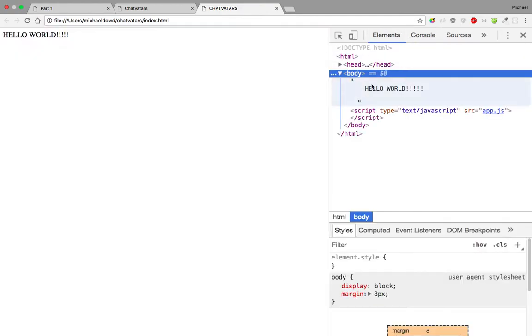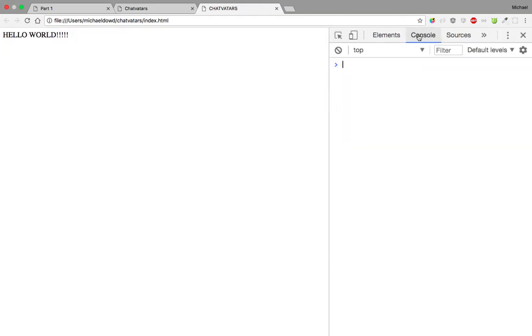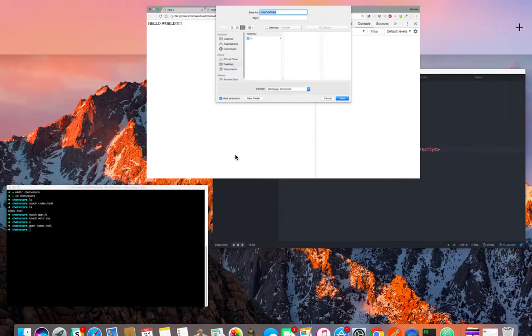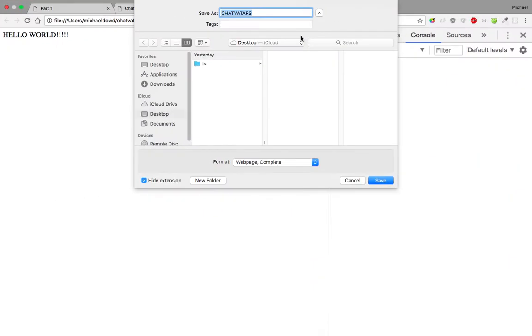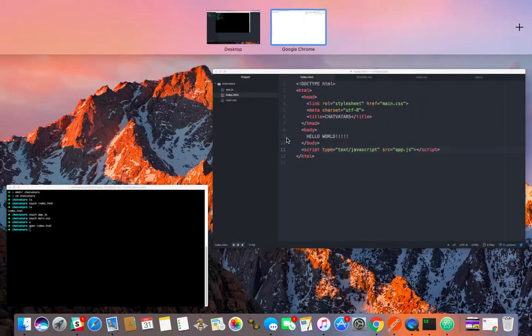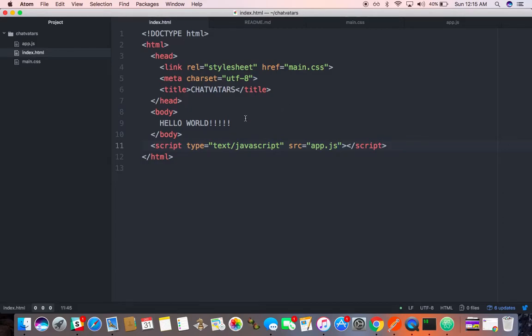I mean, you don't have errors. There's my HTML. But specifically in this console, this is where we're going to find all of our JavaScript errors. When it just gives us a bunch of red, it doesn't know what's going on. And I'm about to make an error on purpose because we have to bring in